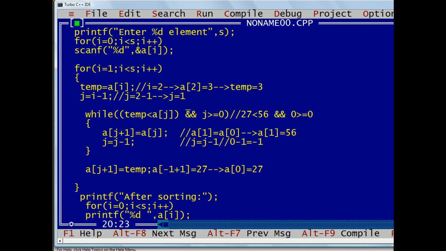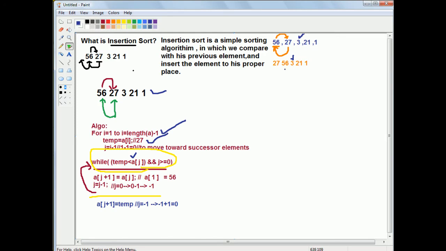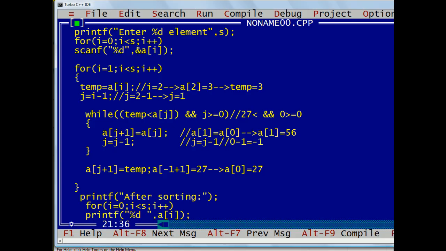And here I will compare the value of a of j, means a of 1, what I'm having at first location, 56, to my temp, which is 3, right? We will check if 56 is greater than 3 or not,